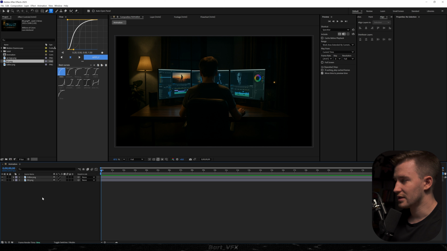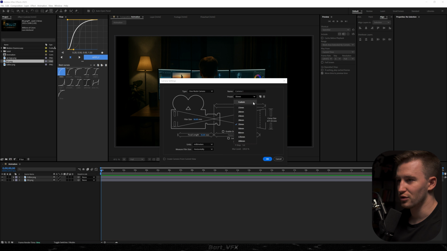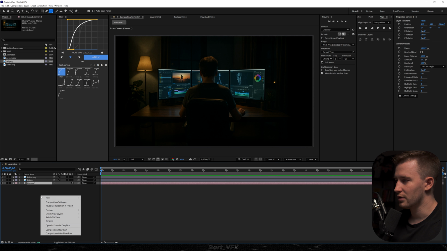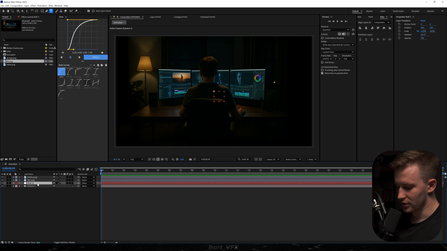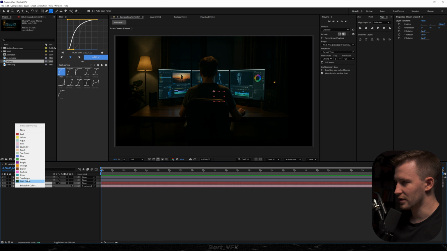So right away, we're gonna get started with creating a new camera. So I'm gonna go to New, Camera, and let's make sure to pick a preset of 35mm. I'm gonna hit OK. Also, what you could do is just pick one node camera. I'm gonna drop it below, and I'm gonna create a new null object. So this null object is gonna be our cam controller, and then what I'm gonna do is parent the camera to the null. What we could do for separation is just apply a cyan color,